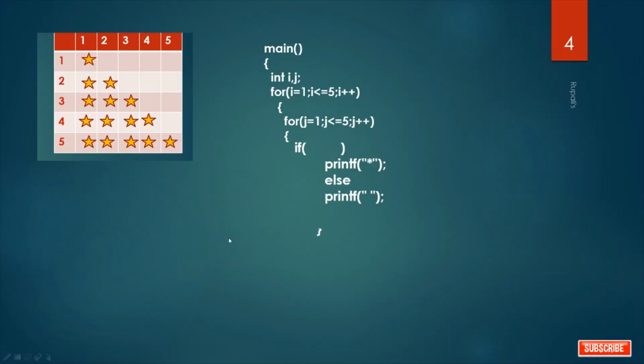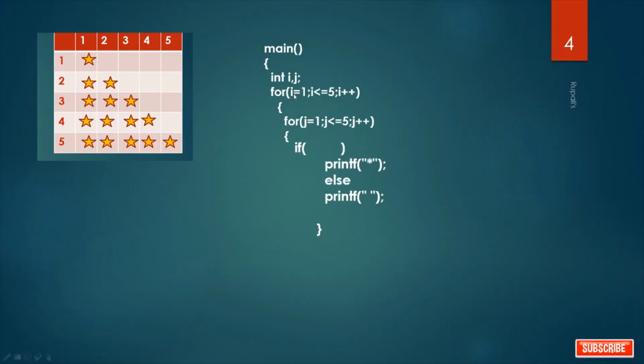And after the ending of the inner loop, that is after execution of the first row, when the value of I is 1 and the inner for loop is totally completed, J runs from 1, 2, 3, 4, 5. After that, when I becomes 2, you come to a new line.